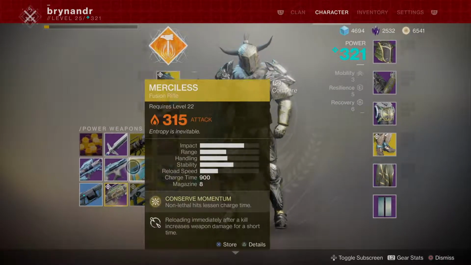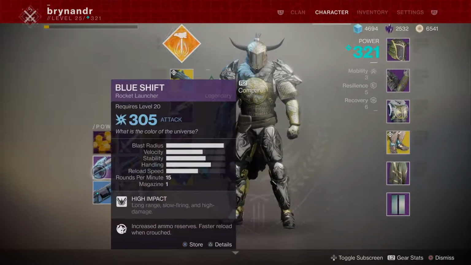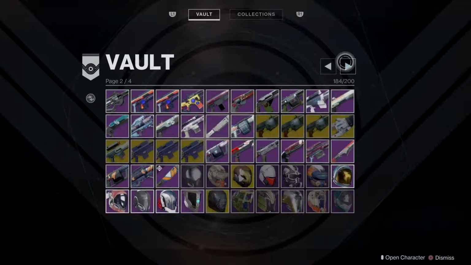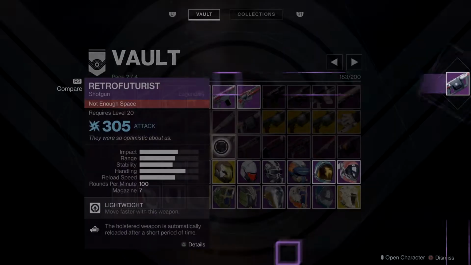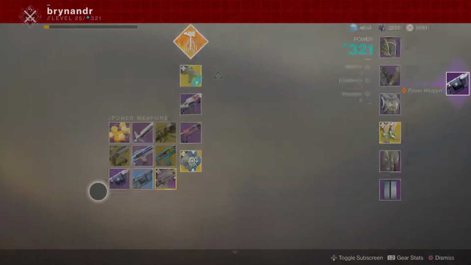Hang on, didn't I pick up another blue shift somewhere as well? Let me put that in there. Could do it with that as well, but yeah, I don't know. So let's look at my launchers. There's the Prospector, Play the Game, is that one? Yeah, there we go, Play the Game. It's a very good one, very common. I like it a lot. All right, so